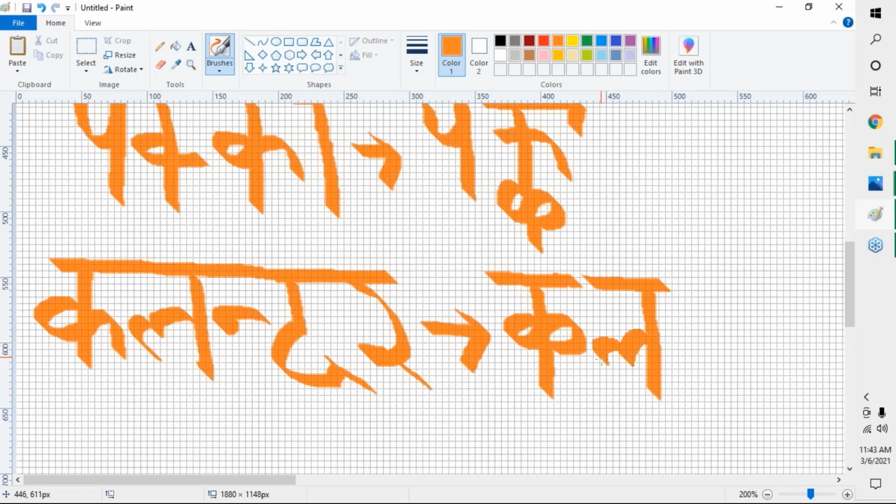So this is L. N is half. It will be written full. Now I don't want to keep it the same length because half is there, so I have to make it proportionally better. The letter is after the half letter, so it will be written below and towards the right hand side, and the Shirorekha will be omitted. So this becomes Kalandar.